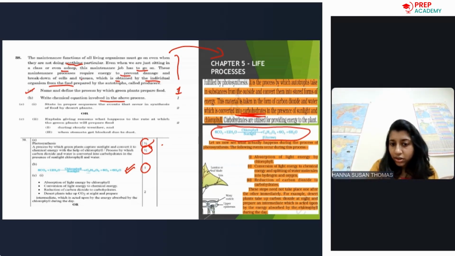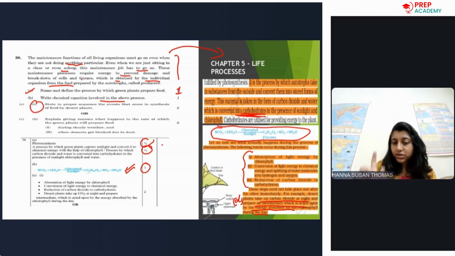Okay, so in your textbook there are steps that happen during photosynthesis, but along with these steps you have to also add one more step, because here you can see, for example, desert plants take up carbon dioxide at night and prepare an intermediate which is acted upon by the energy absorbed by the chlorophyll during the day. So you have to include that particular point as the fourth point for this